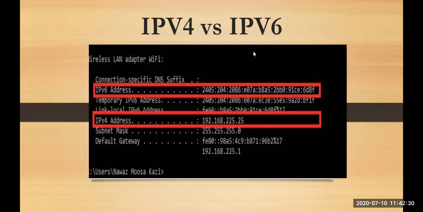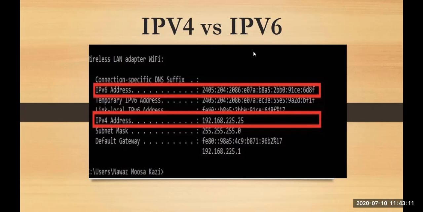So VLSM stands for virtual length subnet mask, or you can also at times refer to it as variable length subnet mask, wherein your small networks can have any length of subnet masking. At times this V also stands for variable length. That means you can use more than one mask in the same network, like having multiple class addresses in just a single network. That is your VLSM, which is supported in IPv4, but not supported in IPv6.